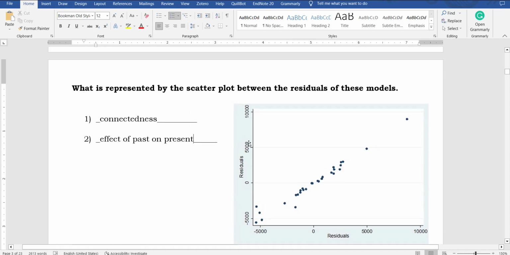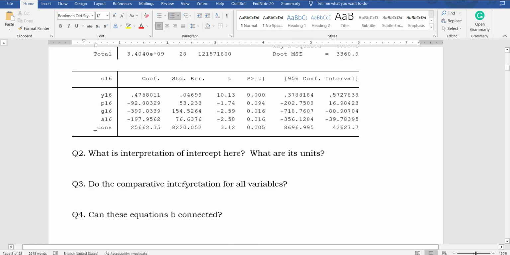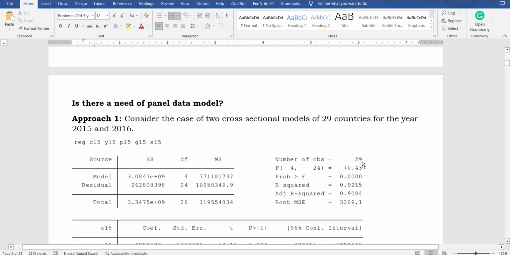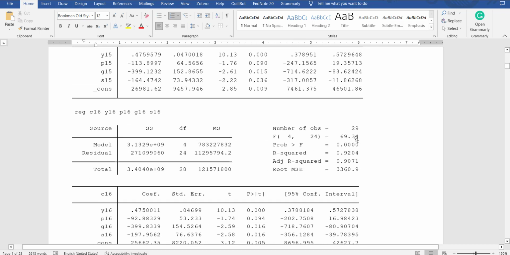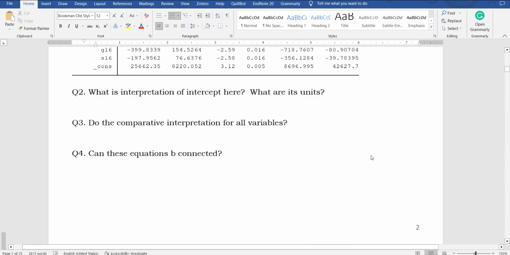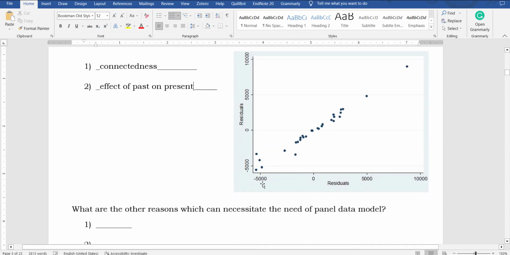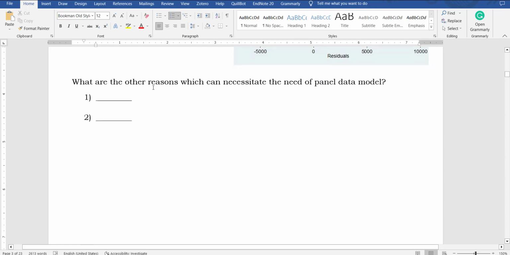If we found that there is a connection, why don't we join them together? If we join them together, we will have more information. There are only 29 observations here, and 29 observations here. If we join them together, we have double the sample size, and we have another piece of information, that the models are interconnected. So why don't we add them together? What are the reasons that necessitate the panel data models? Larger sample,